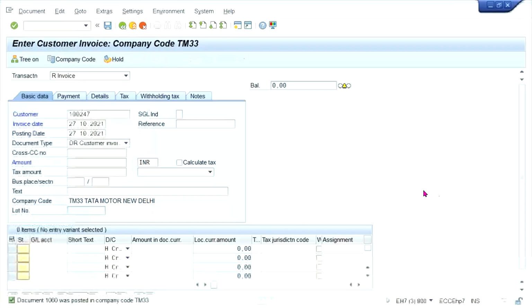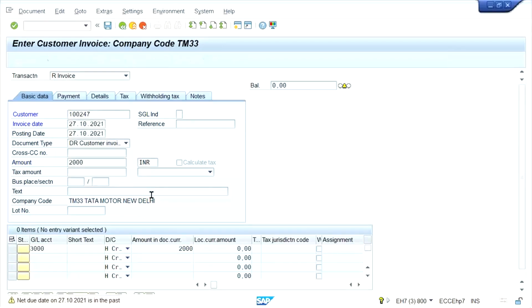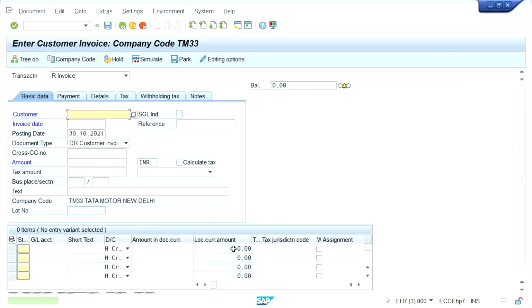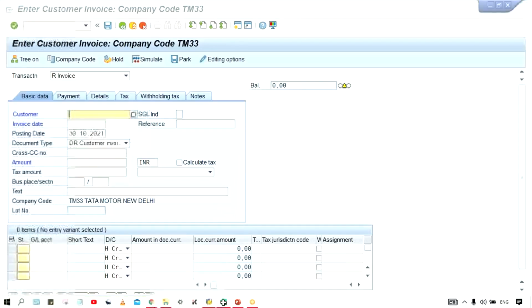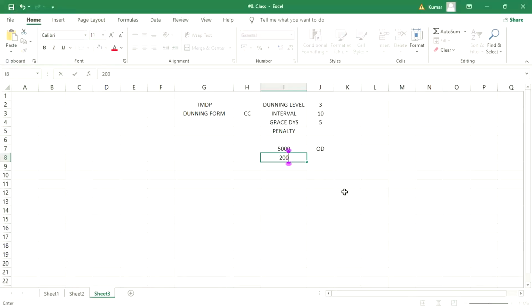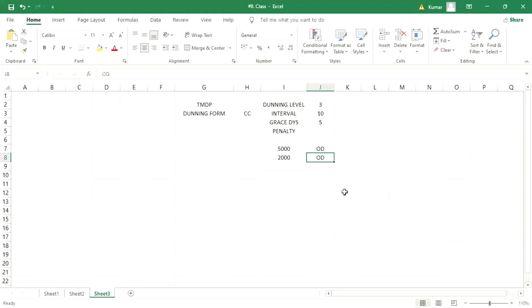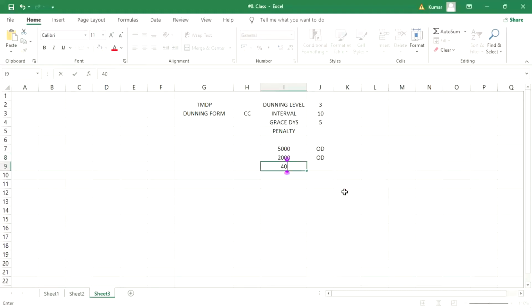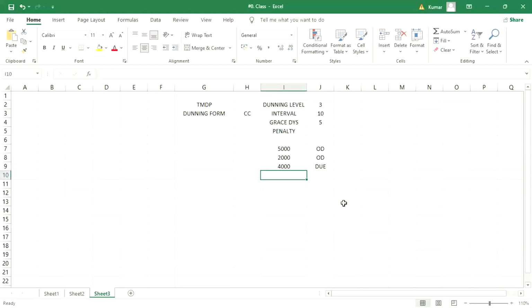Then this is going to be 2,000 on 27th 10, right? 1,000 overdue and 4,000 due. So here, guys, if you run this Dunning program,